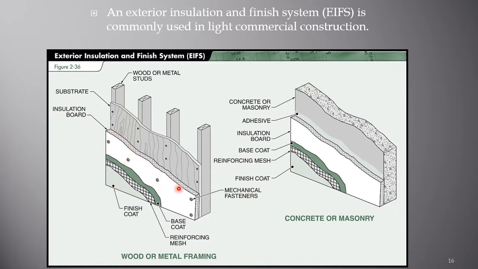Usually this is a rigid type, either extruded or expanded polystyrene. This provides the thermal insulation. It allows the coating to have some flexibility so it doesn't crack. It is attached to a wood or concrete or masonry substructure,